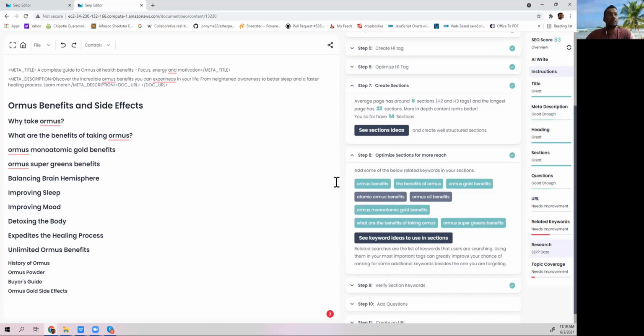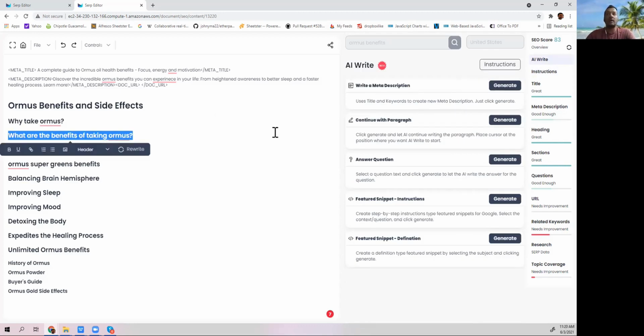There's a few ways to go about doing this. Let me show you the AI way first, and then I will show you how you can continue doing it. There is maybe a small bug, but let's see. I'll select this. I'll go to AI rewrite. What we built in AI rewrite is a way for you to address any question in featured snippets. This is state of the art. It could be an instruction type featured snippet, a definition type featured snippet, or a short answer type featured snippet. You could create any of those with some of these utilities that you have here.